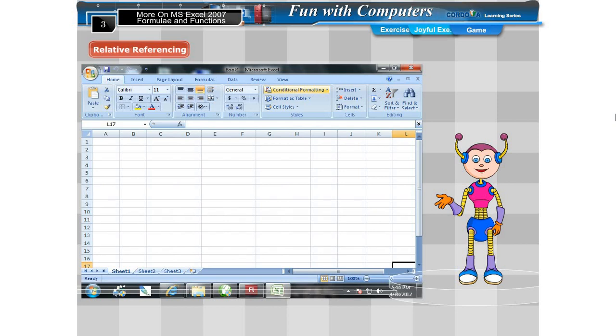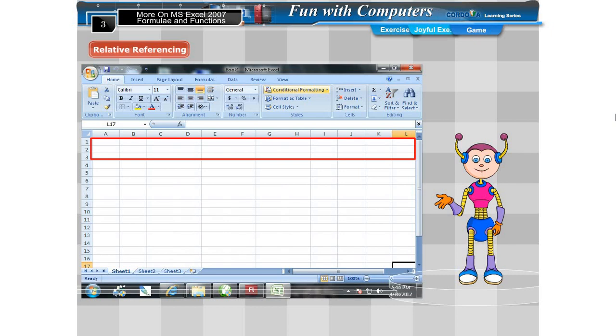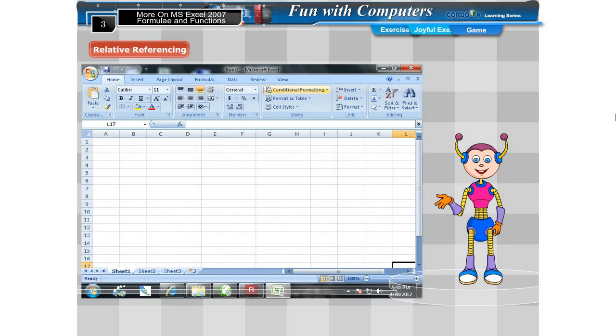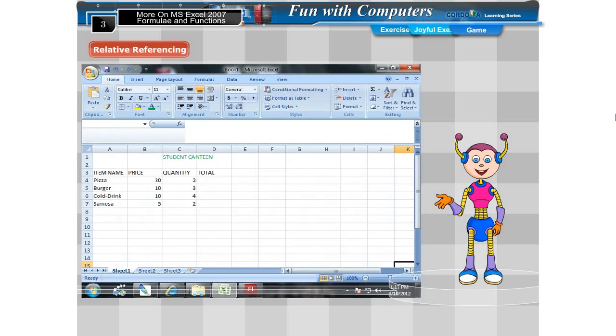If you copy the formula across rows or down columns, the formula or cell reference changes automatically. For example, if the formula in D4 is equal to B4 multiplied by C4, when the formula is copied vertically, notice that the cell address in the formula is automatically changed.